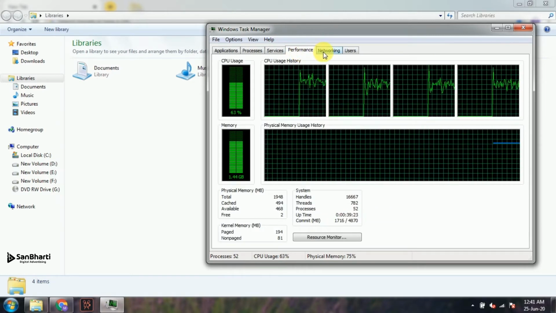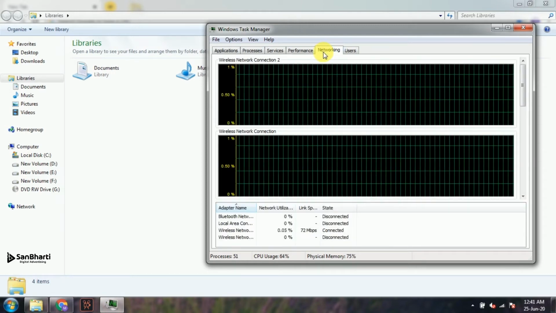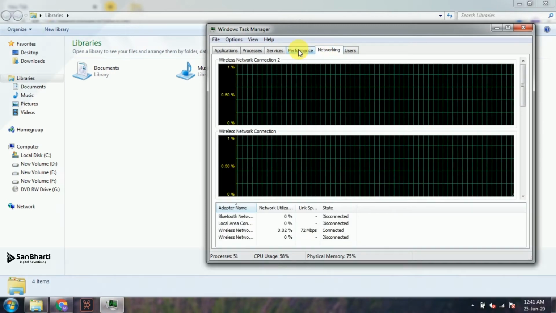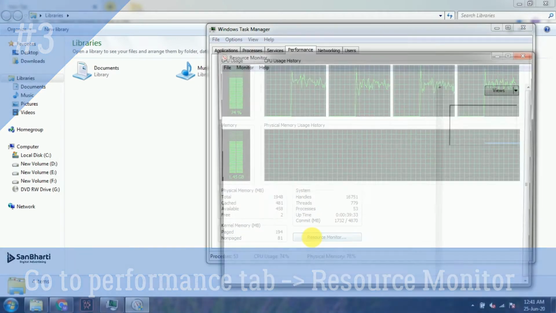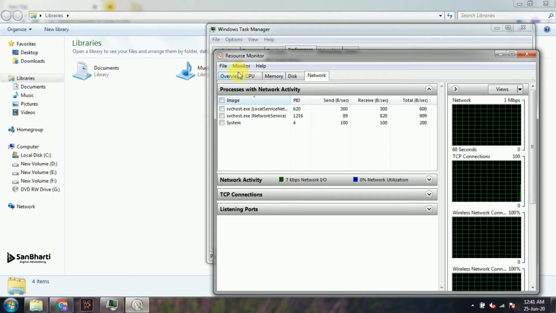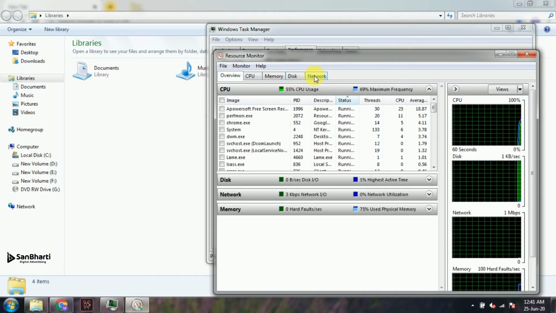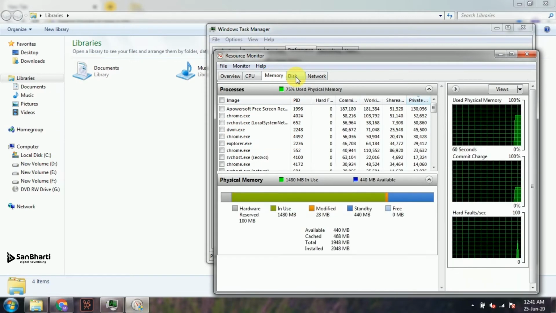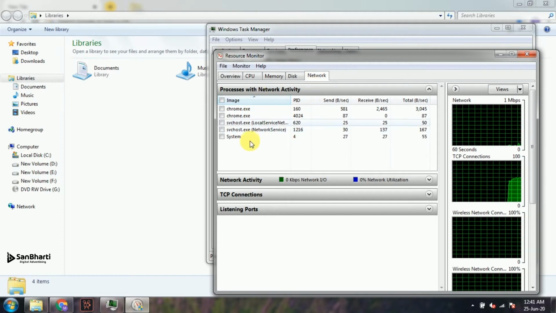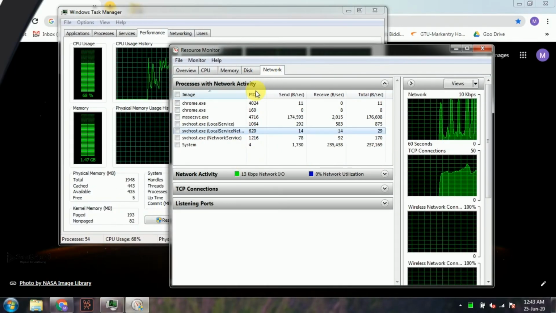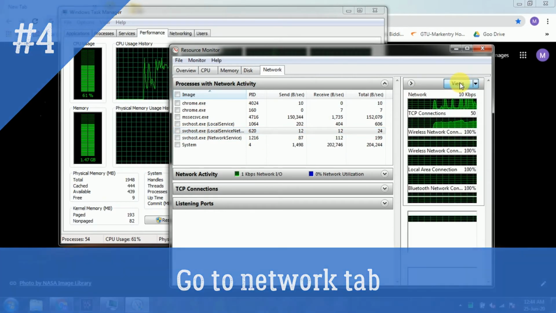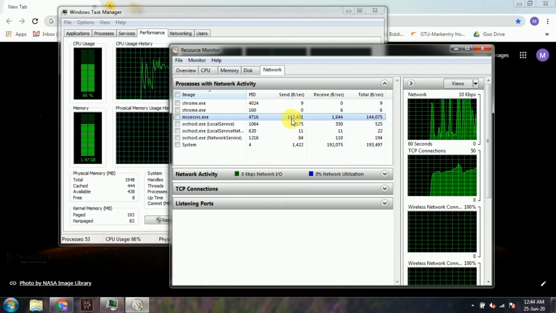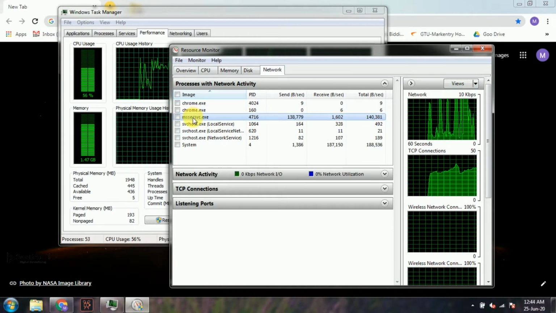So now I'm going to switch over to the different tabs. As you can see, this is the networking tab, and if you have knowledge you can go through it. Now what you do is click on the performance tab and click on the resource monitor. Inside the resource monitor, there are again various tabs available, such as CPU, memory, disk, and others. You just have to click on the network tab. Inside the network tab, as you can see, there is a list of different processes which are using my internet data right now. It also shows you how many bytes are being sent and received for each specific process.